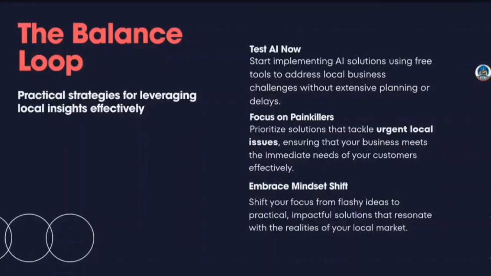Leave the past, step into the future, and then take practical and impactful steps that resonate with the realities of your local market, local insights that are efficient and effective to solving the problems within your local sphere. The secret of the balance loop, the formula for the balance loop, is simply your street knowledge, your local insight, plus digital technology or AI trends to give you an unbeatable business.